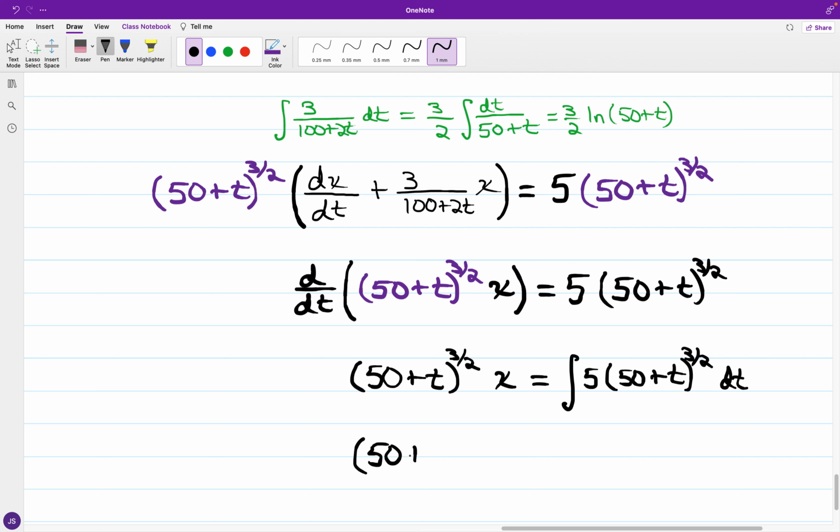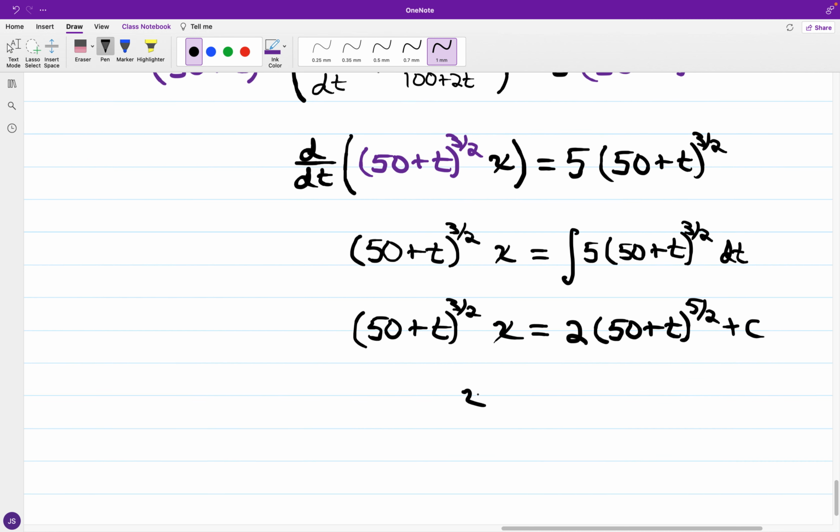So again, on the right-hand side, the integral of 50 plus t to the 3 halves, we're going to have 2/5 of 50 plus t to the 5 halves, and 5 will be multiplied again by 2/5, so that's going to be 2 times the quantity of 50 plus t to the 5 halves plus c,